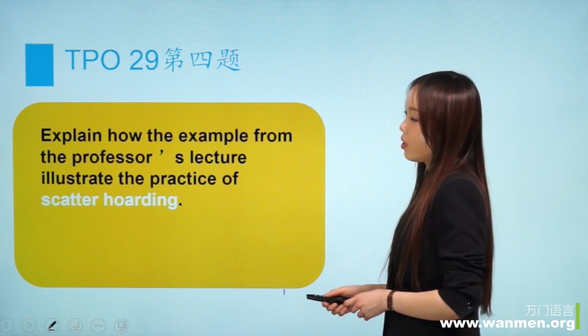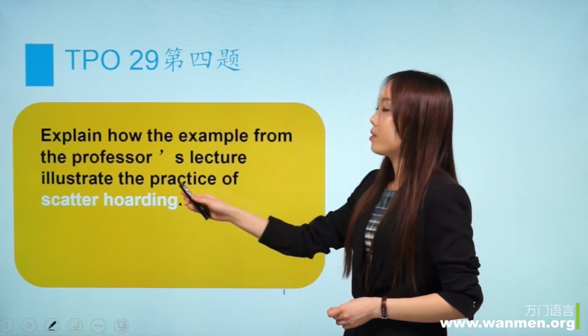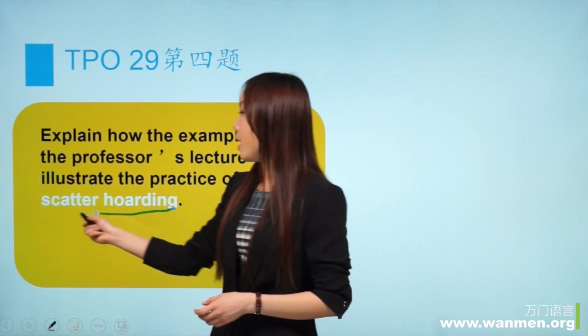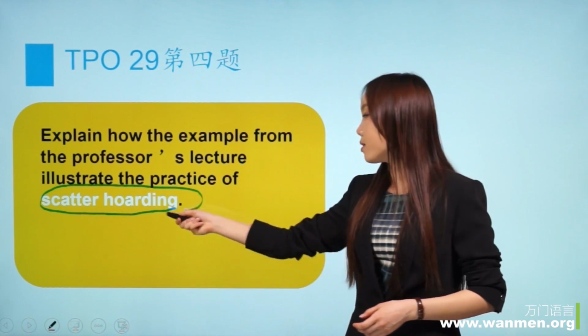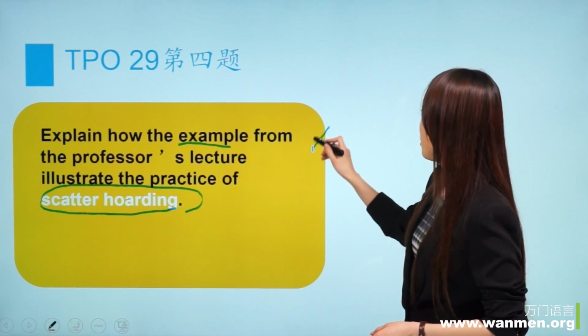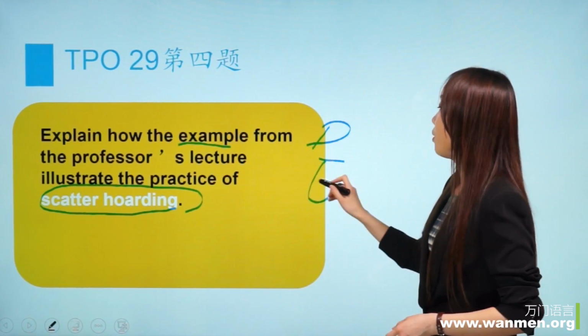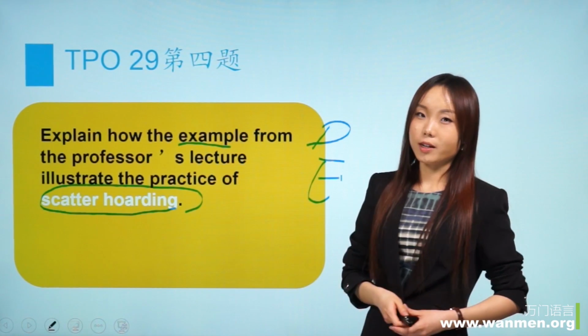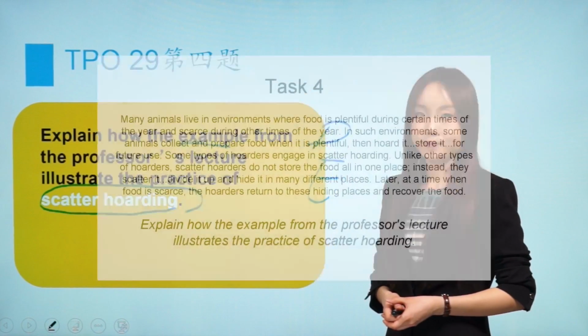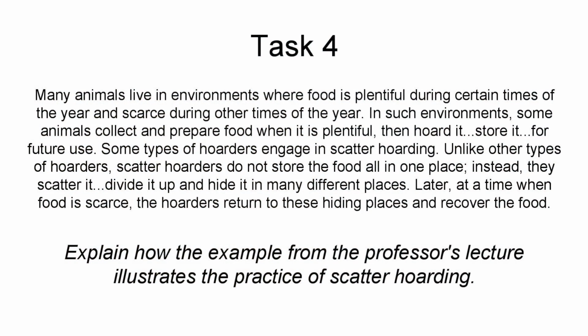Explain how the example from the professor's lecture illustrate the practice of scatter hoarding. 那么还是来解释这样一个现象到底是什么意思，而且还用到 example，所以也是第一步呢 definition，第二步呢 example，所以这就是咱们答案的整个构成了。然后知道这个题目的要求以后我们首先来听一下听力。